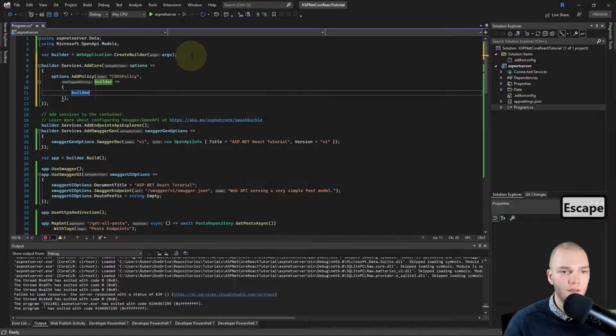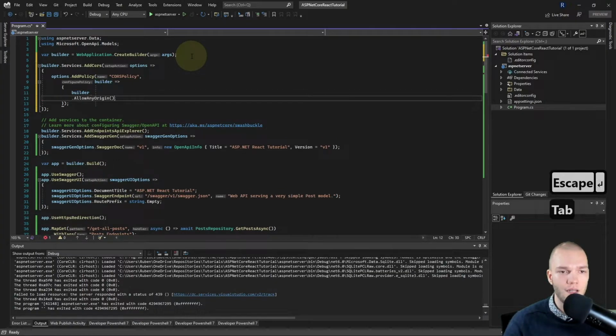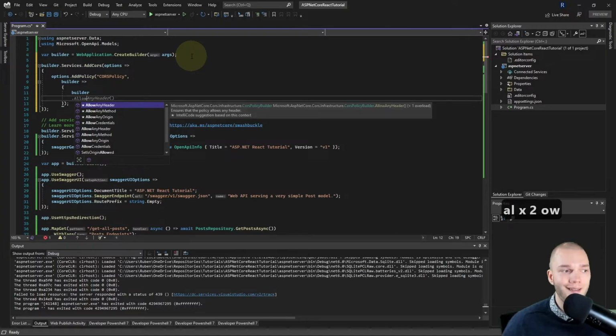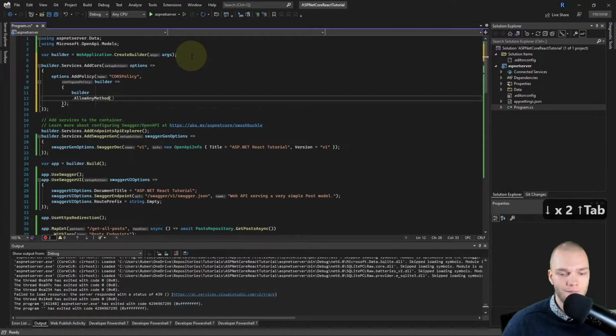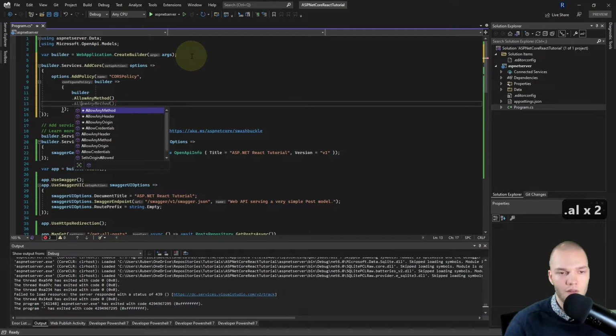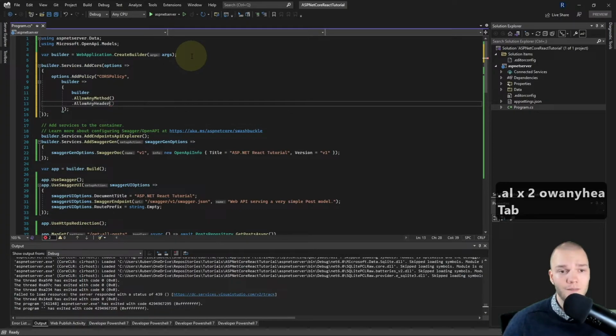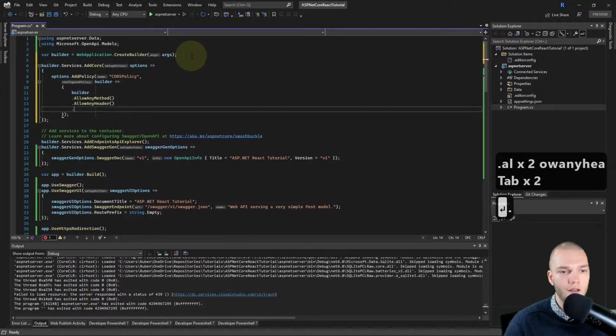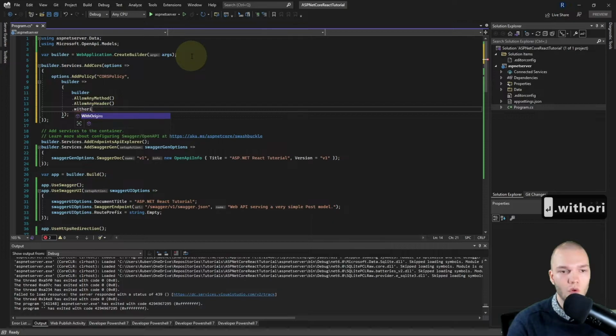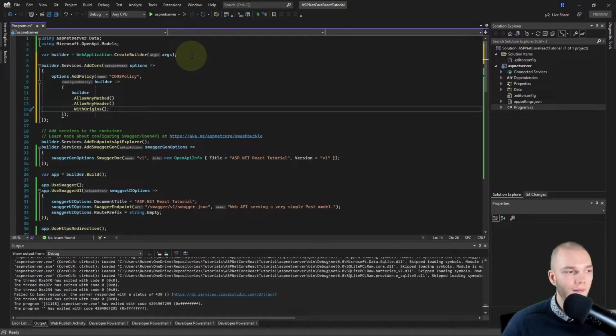So I want to run builder, and on the next line I'll do .AllowAnyMethod, and I'll also do .AllowAnyHeader, and I'll also do WithOrigins, and then add a semicolon after that one. So that's the final one.